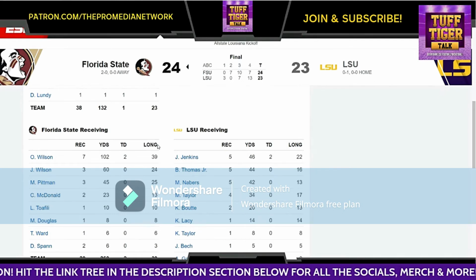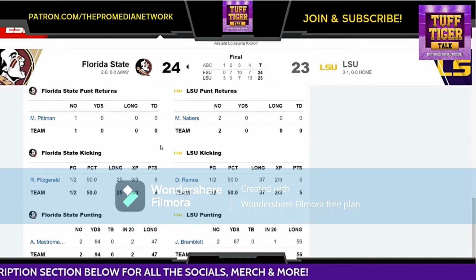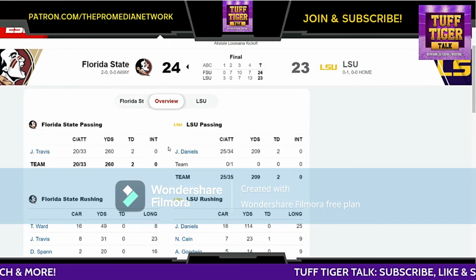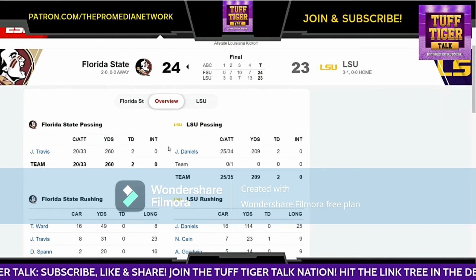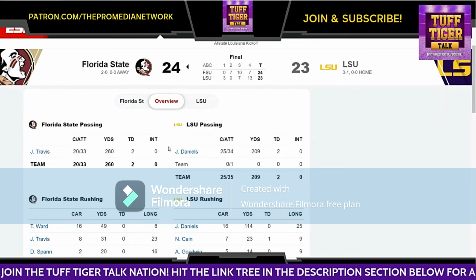But despite that, LSU was still within arm's reach of taking this game away from them. 7 catches for Wilson for 102 yards and 2 scores. He was their best guy on that side of the ball. So, be that as it may, a lot of family members probably not going to like what happened here. And of course, they have Southern coming up next week. But on the stage against Florida State in the Superdome, a neutral field, LSU just fundamentally weren't there